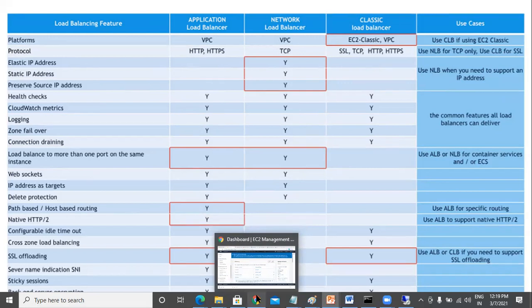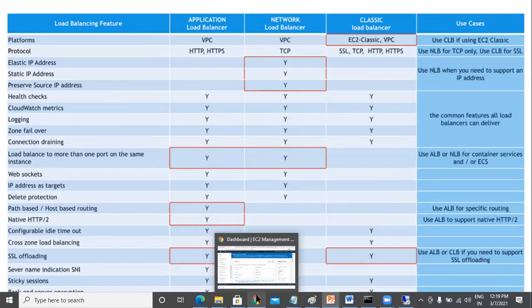One is least connection method, which directs traffic to the server with the fewest active connections. Second is least response time method, where based on the response of the traffic, the communication will happen. Third one is round robin method. Fourth one is IP hash method. So these are the basic algorithms which your load balancer generally uses.